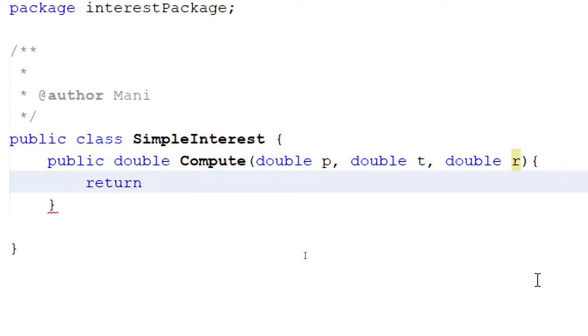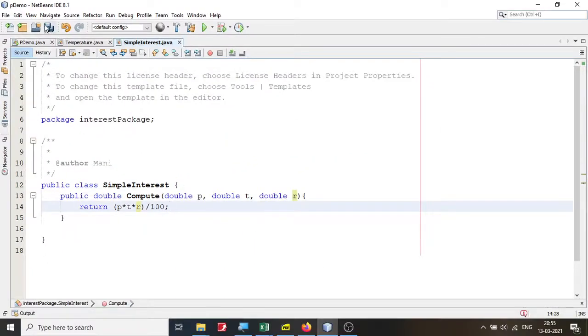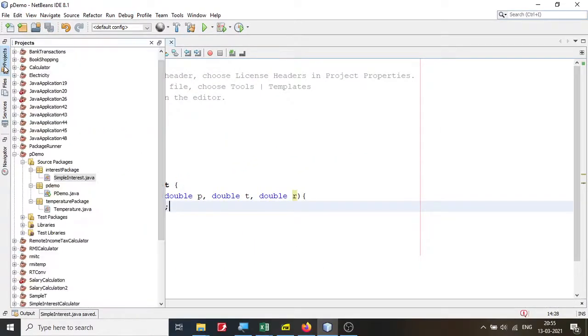return P into T into R divided by 100. That's what you are going to return. So you have both of them created. Now I'm going to save everything, and if you look at the